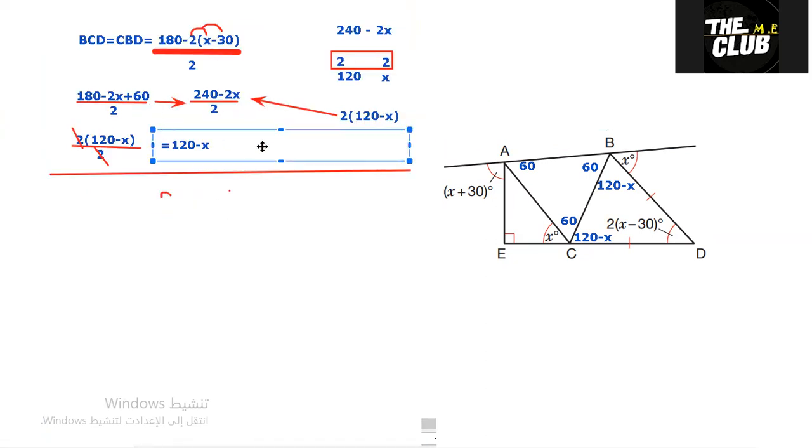Now I found the angles 120 minus x, 120 minus x. Now I can find this and I can find this because both of them are on straight lines. So because this is a straight line, we can find the value of this angle, which has to be 60. How do we find it? Because this is a straight line, I'm going to say that